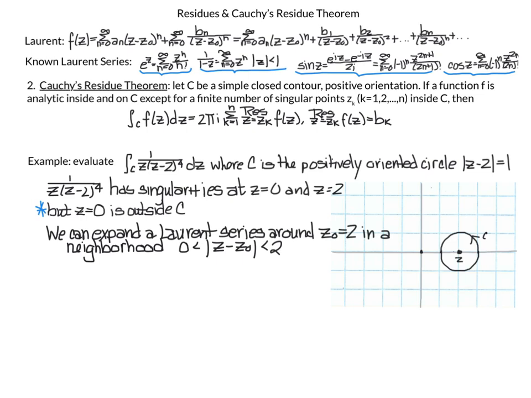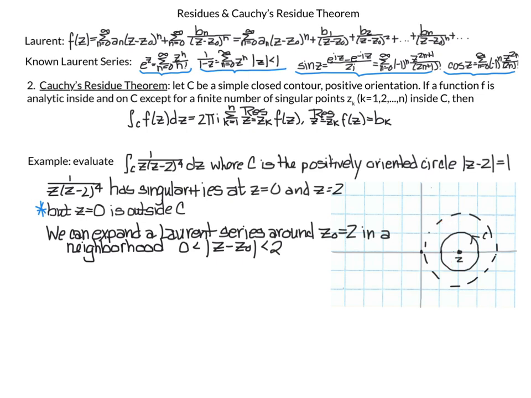I said my radius for my neighborhood is equal to 2. So I'm going to draw that here. And it's less than 2, not less than or equal to 2, which is why I have the disk, not this circle. And what I'm saying is that my Laurent series expansion is centered at my z naught equals 2,